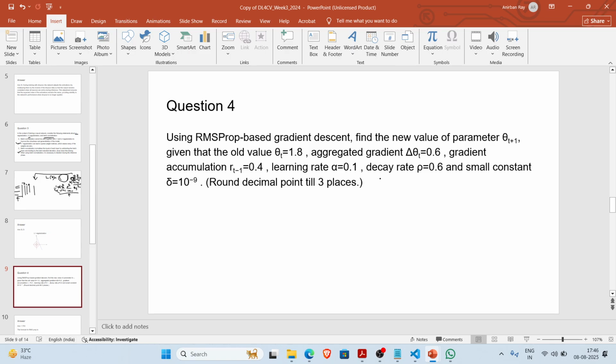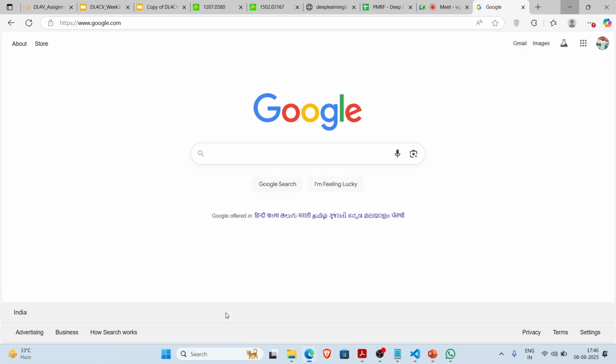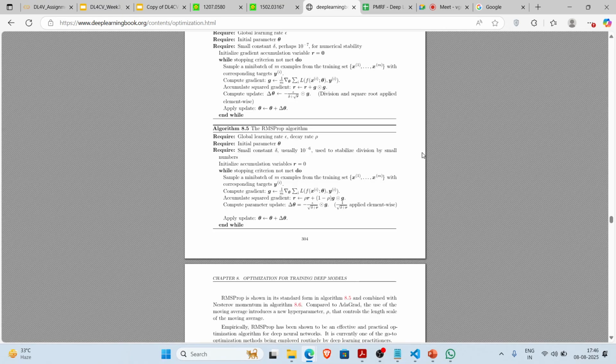Okay, so the RMSprop algorithm for optimization of the parameters of a neural network. Let's check that out. For that I have opened this one. Just to get to where we are,